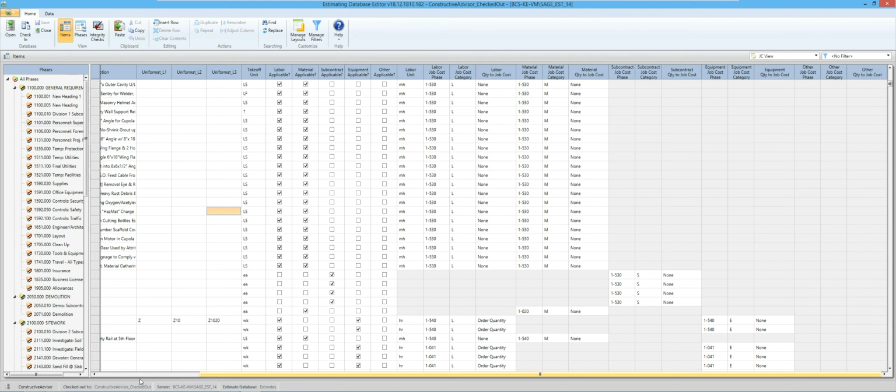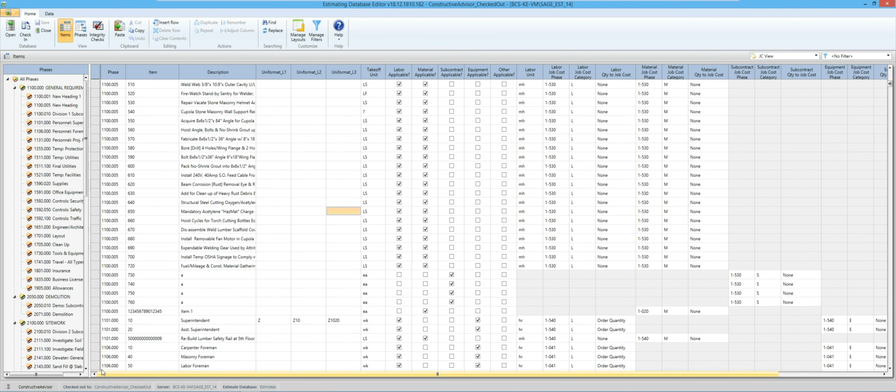Okay, so now that I've got them a little bit closer to each other, I can see here's the master format phase, an item that's currently my group phase, and the phase of how the database is set up. So here's my group phases, my items, the one we looked at just a moment ago, supervision. That brings me down to this particular phase, this particular item, and then here's the master format information that I gave to it.